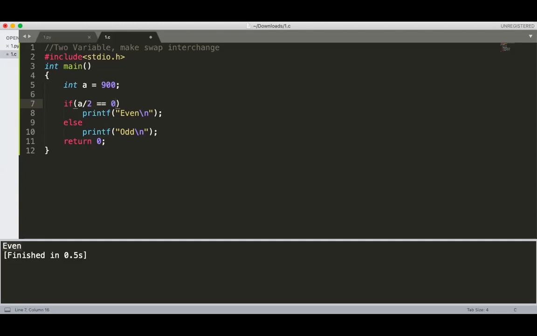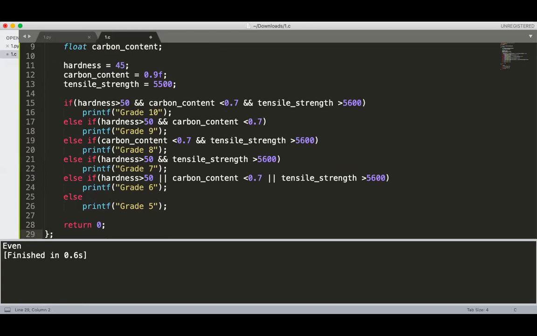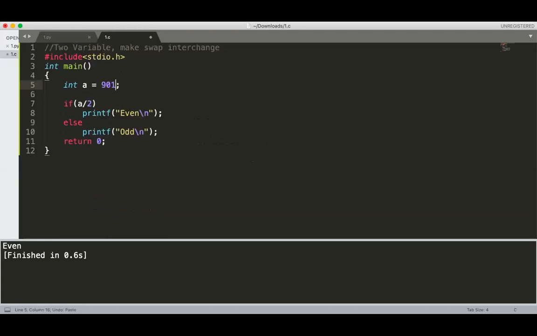Just take any input, suppose 900. So it is even. And for 901, it is also even. 901 is not even. It is an odd number.